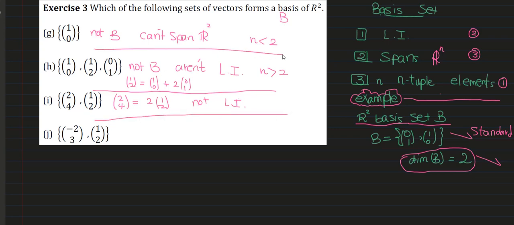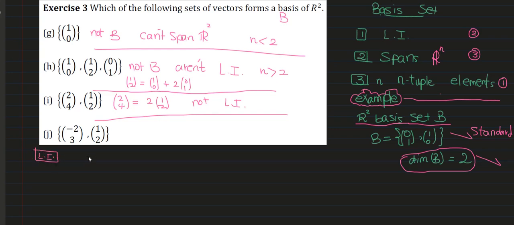Okay, what about the last one? They are two, and we cannot notice any linear dependency between them, right? So we have to check. We cannot say that we don't observe any linear dependency in between the two vectors, therefore they are linearly independent. No, we have to show it. So first, let's